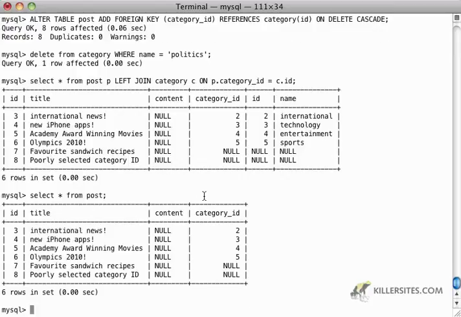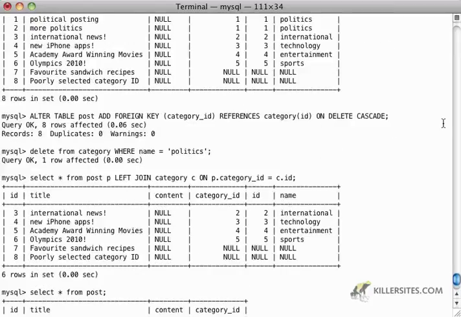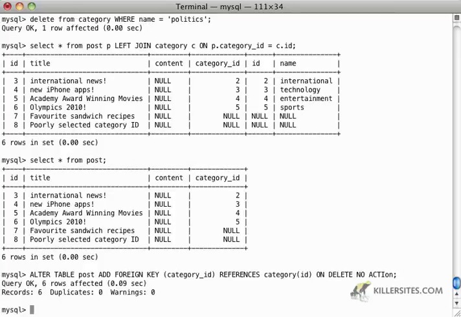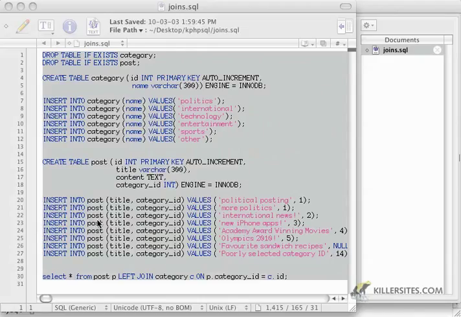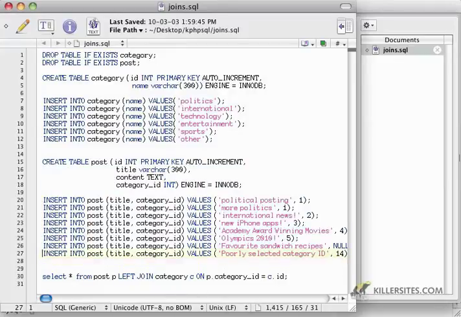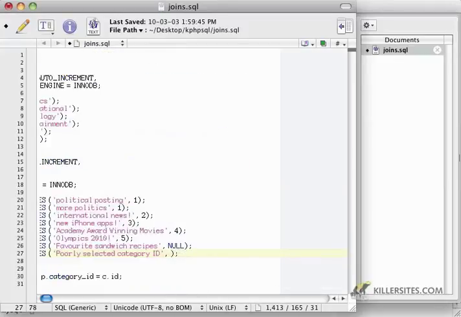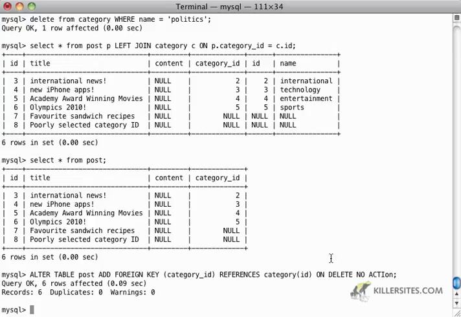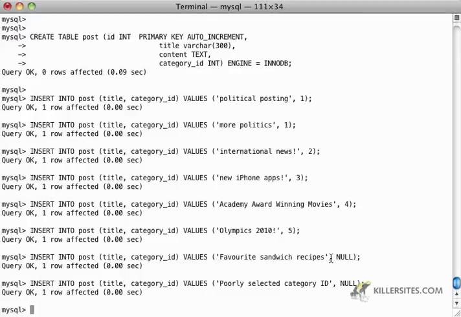So this is an example of on delete cascading, but we can also say on delete no action, which is the default behavior, I believe. So if I say on delete no action, actually, let's start back at the top here. So we've got our beautiful database, and I'm going to set this to null. Hit save. So we've pasted this all in,